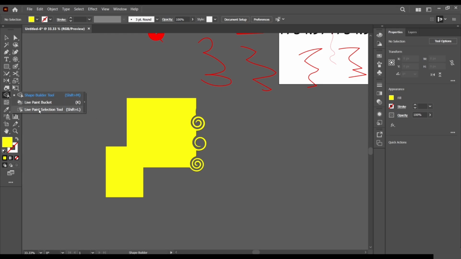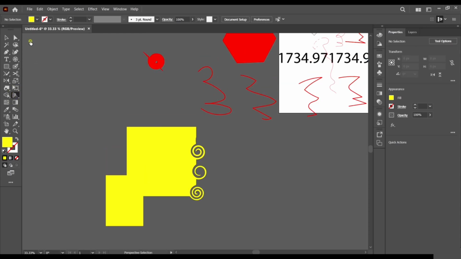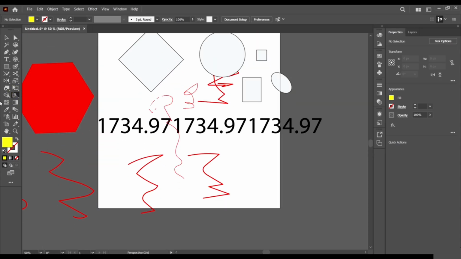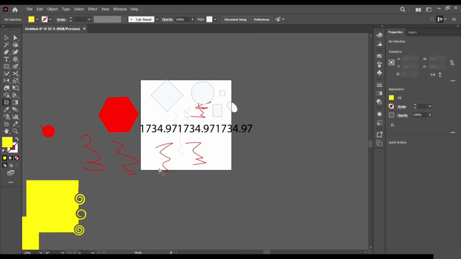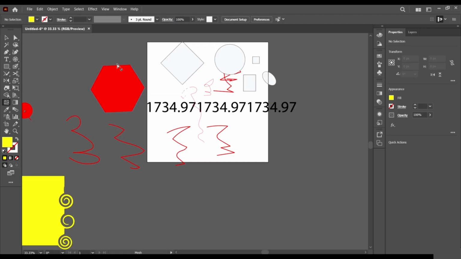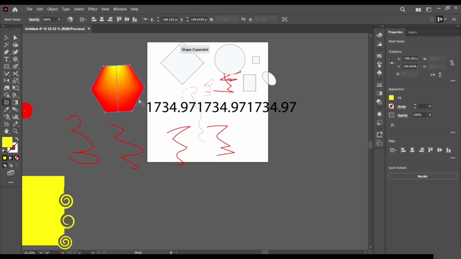We have the live paint bucket tool, the live paint selection tool, and the perspective tool, which is used to create perspectives. Then we have the mesh tool, which is used to create meshes, and with these meshes you can create gradient meshes. With these gradient meshes, you can select points and give them a whole different color.